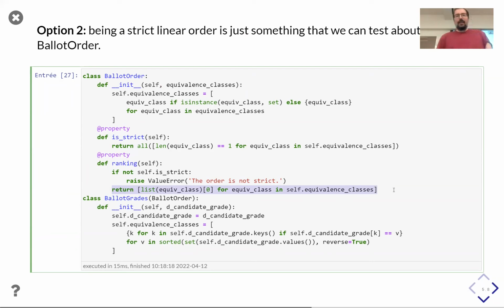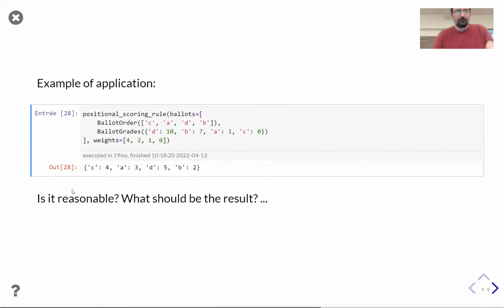But in that case, personally, I find it quite convenient because if you input something reasonable into your function, your function will be able to deal with it and just do the job that you probably wanted to do. So if I use my positional scoring rule with the ballot order and ballot grades that happen to be a linear order, then it will work.